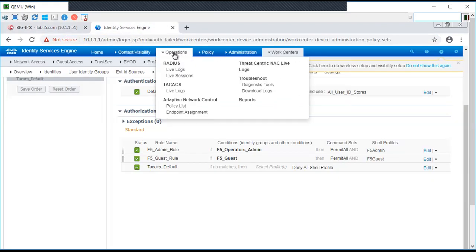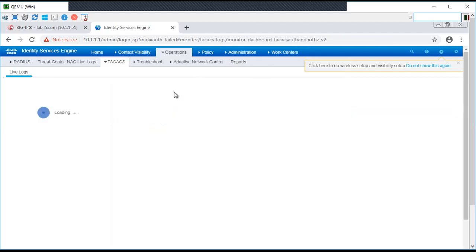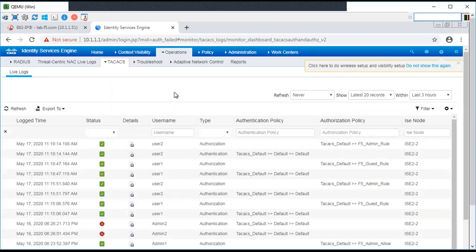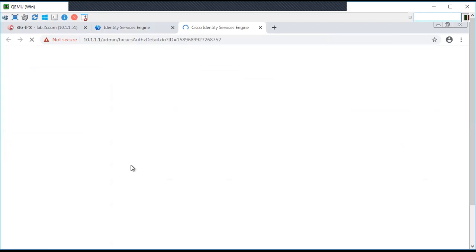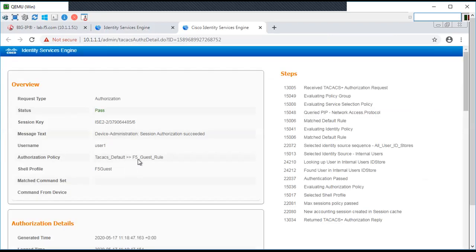So on ISE, in order to check the logs, you have to go to operations, TACACS, and live logs. In here, you can see the attempts for username 1 and username 2, both for authentication and the authorization. Let's say if I click on username 1, I can see the TACACS authorization request received, and this was checked up in internal user, authentication passed, selected the shell profile, and this was given an authorization policy of F5 guest based on the specific shell that we have